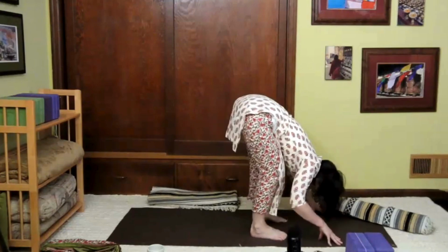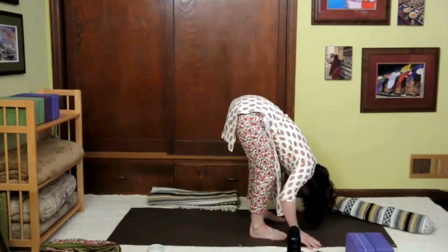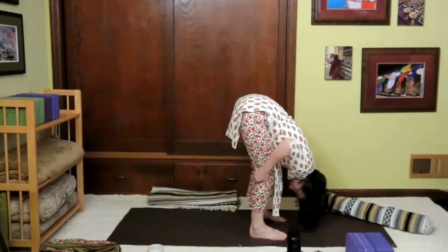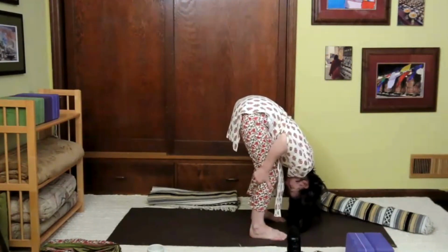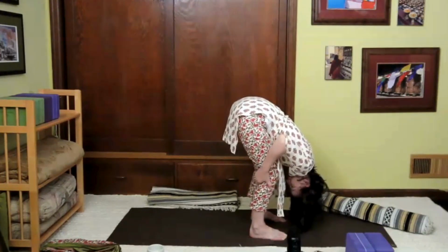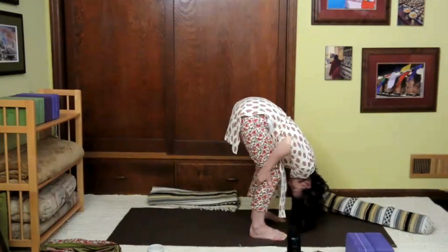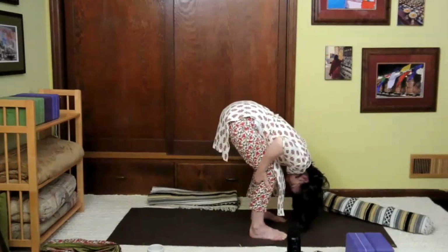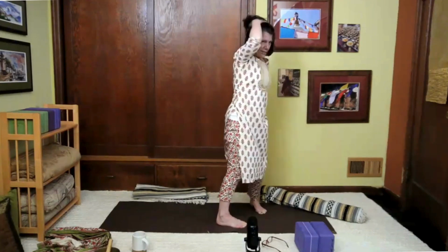You can bend the knees. Doesn't have to be a big bend of the knees, but some little bend of the knees. Take your hands behind the knees and make little circles right there. And then shift your hands to your hips, rise up to standing, come into mountain pose, and place the feet